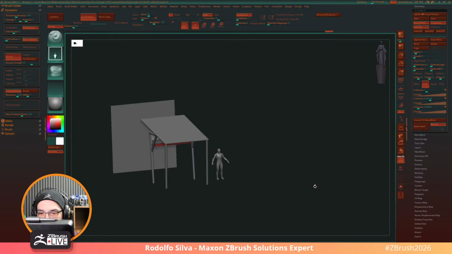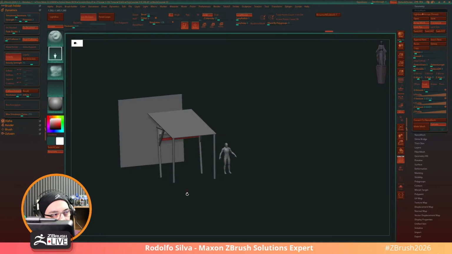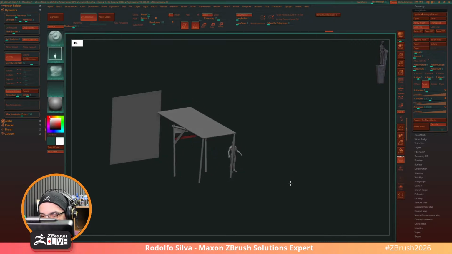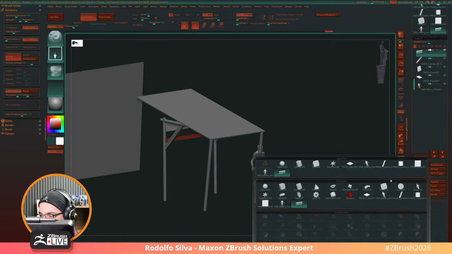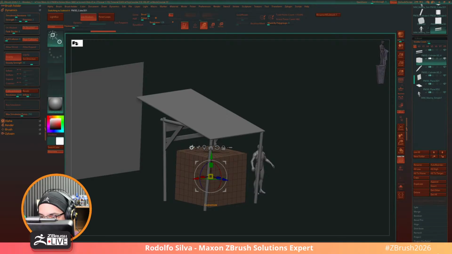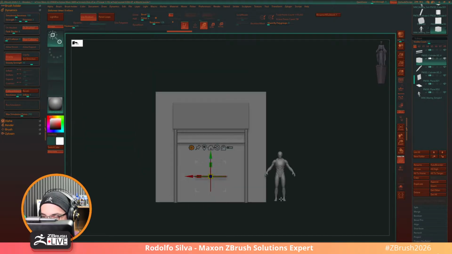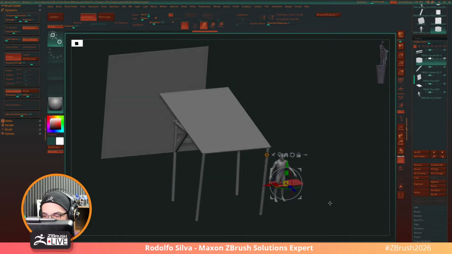All right, so we have a little bit of a base to get us started. And now the same thing goes for the little table over there. Again, tables and stuff, but I guess we're doing it this way, right? So what I would do is just model the table for our purposes here. I'm going to go into Subtool, insert, I start with a cube, then I change this to a Polycube 3D, scale it down. And now I have a mannequin here, so I can figure out how this is going to work. It's going to be sort of like that,